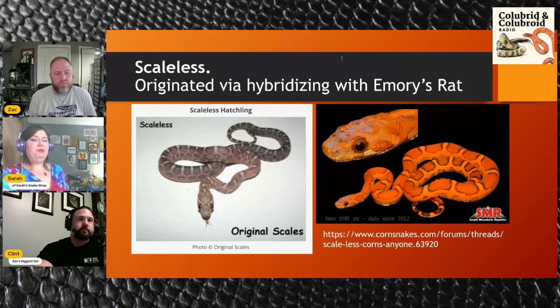A lot of people didn't really know how it worked. Is this a pigment mutation? It is partially a pigment mutation in that it's hypomelanistic. It does remove some of that melanin. But underneath the scales, a lavender just looks like a normal corn snake. It's not purple. It's red and orange. It kind of just looks like a hypo corn snake. So we found out that lavender is a scale mutation and not a pigment mutation by